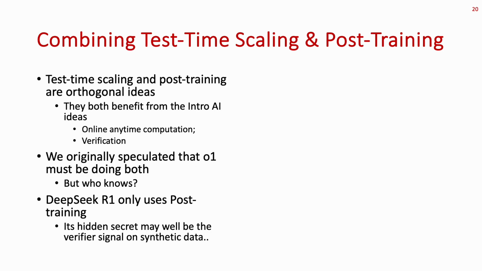And then this is in some sense, as I said, you can think of this as combining test time scaling and post-training. We don't know what O1 did, but R1 does not do this. R1 just basically is an LLM in the inference time. It doesn't do any verification, it doesn't do any test time scaling techniques that I talked about, such as majority voting, etc. None of that.